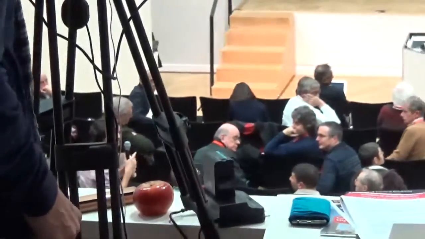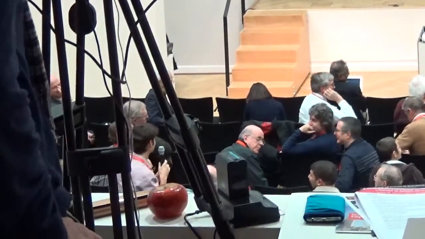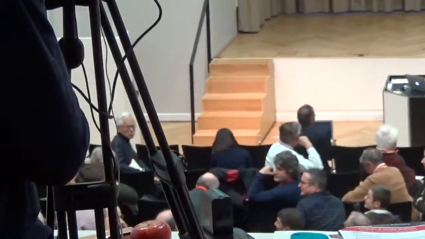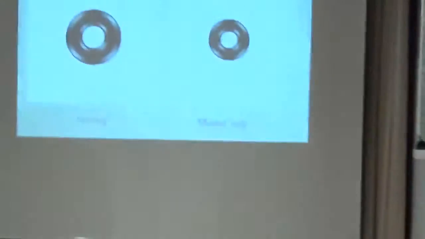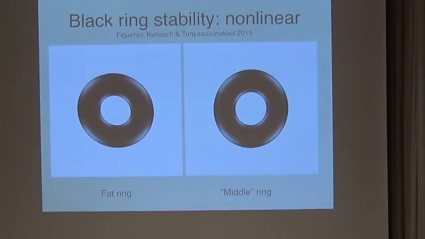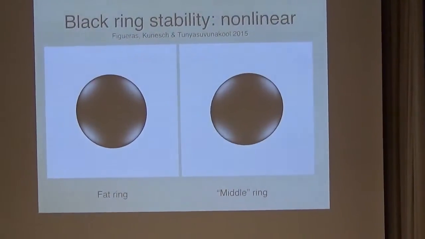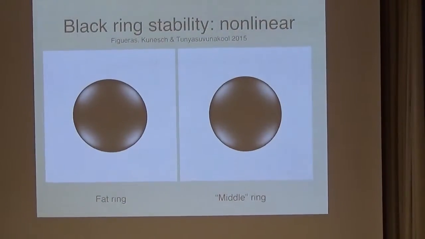Can I just make a quick remark? I have to apologize, but I think we showed the wrong movie for the ring that sits at the cusp. I think the two movies were pretty much the same. It was probably noted by some. The one that sits at the cusp, the instability in that case is dominated by the bar mode. So the one on the right is dominated by the bar mode. So you see deformation in the shape of the ring, but not in the thickness, and the endpoint is the same, so it's collapsed into a spherical black hole.